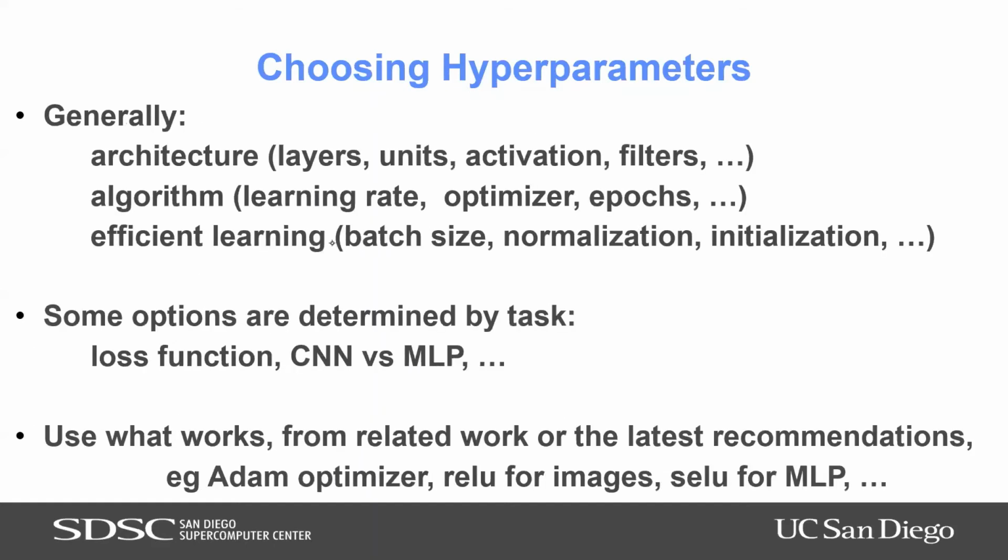Generally, I think of it as there are architectural parameters, like layers and units. There are algorithmic parameters: learning rate, optimizer, epochs. There are really good heuristics and good advice. If you look at what people have done for things like learning rate and optimizers, the Adam optimizer seems to be the latest and maybe the most flexible, because it adapts the learning rate, it uses momentum, and it does these different things.